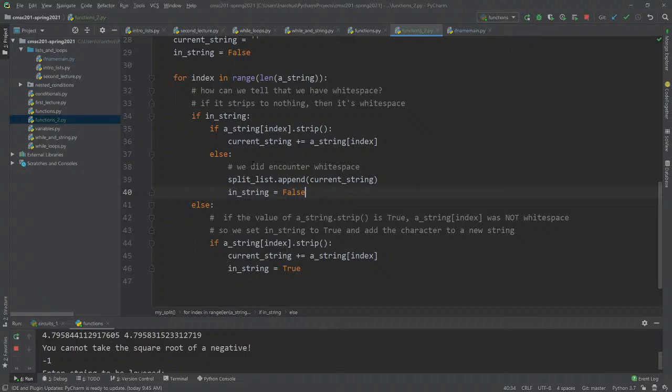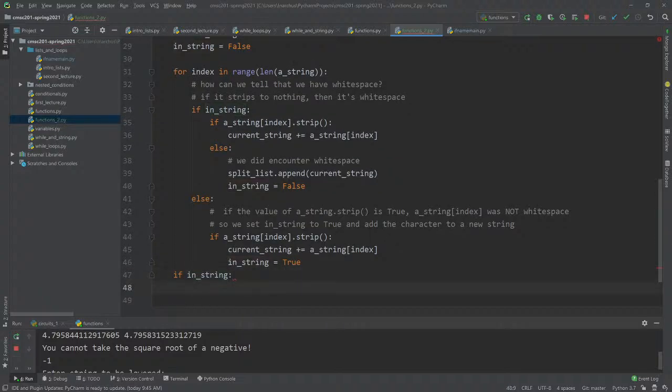Okay, does this work? I don't know. I think the last thing we have to do is after we get out of the string itself, if we're still in a string, this is the last thing we have to do. And so why do we have to do this at the end? Basically, if we were in a string at the end, we may not actually save it, right?